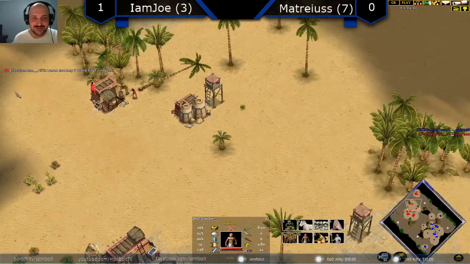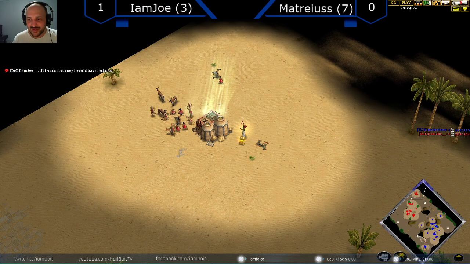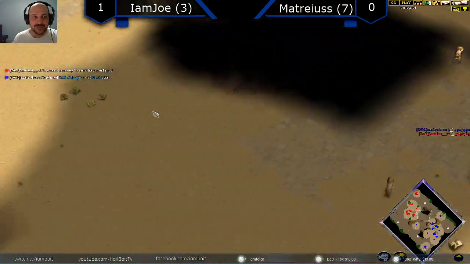Joe's saying he thought he would have resigned. We'll see how he goes. We'll see if he can deal with this one or not. It's going to be really tough for him. All these gold mines are super far forward. This map is